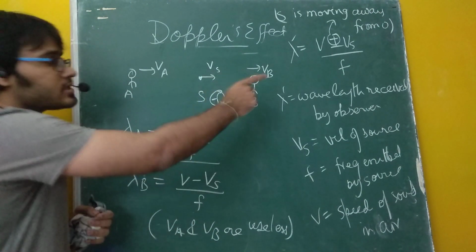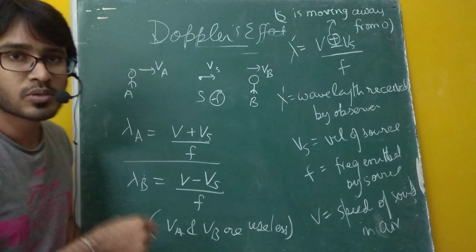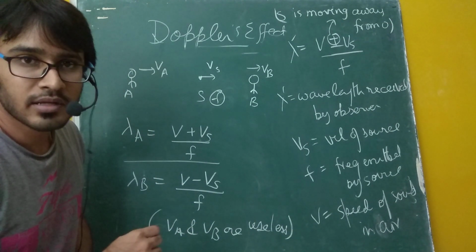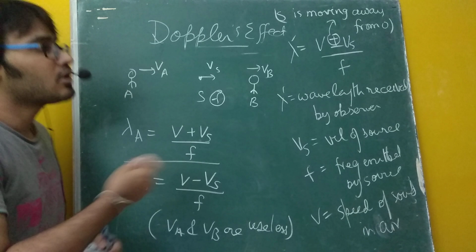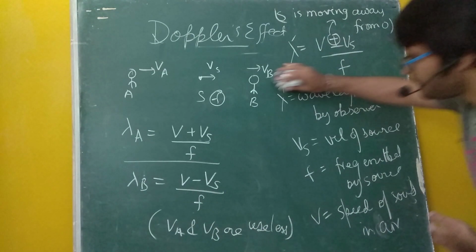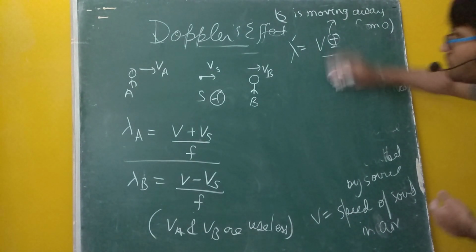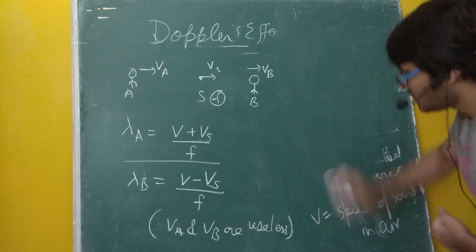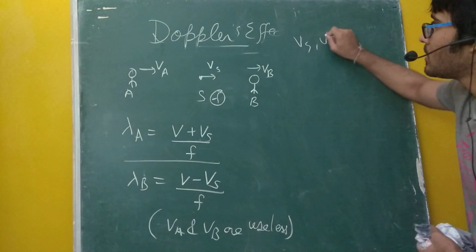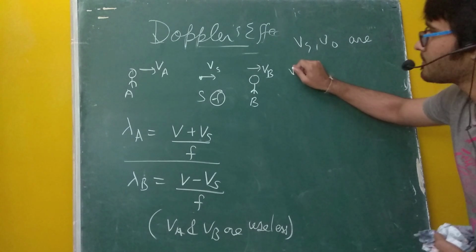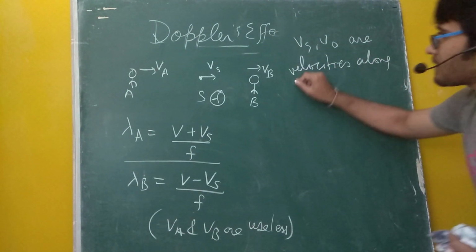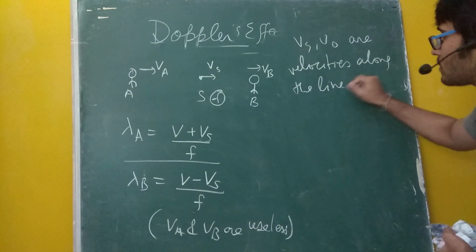Now remember, all these velocities are along the line joining source and observer. So if you have a velocity which is not along the line joining source and observer, then you have to take a component. Okay, right. So that you should keep in mind. Here I can write one note. In all these formulas, this Vs and Vo, these are velocities along the line joining